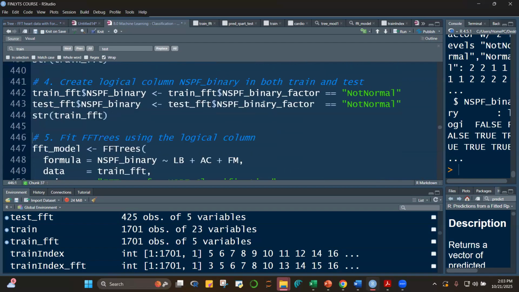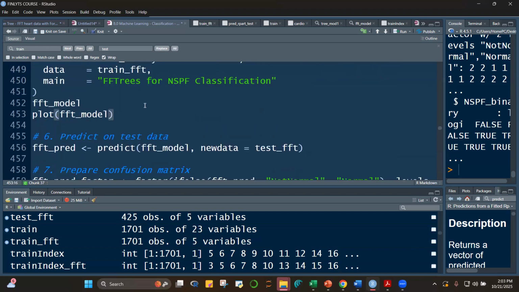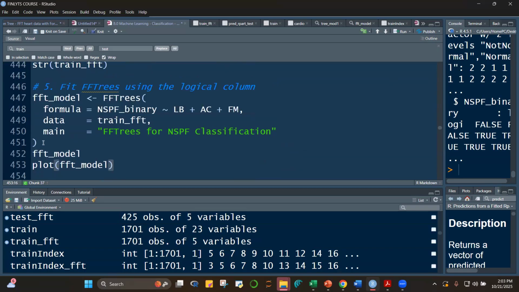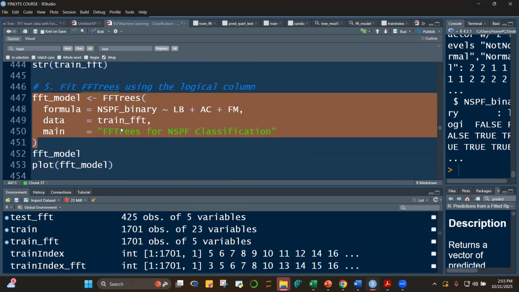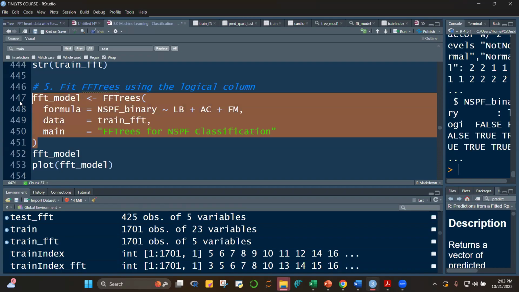All right, so let's go now to number 5 here. Let's check first our FFT model. Let's run this. FFT model using FFTrees, open parentheses, the formula is we're using now the NSPF binary. This is not a factor, this is logical, true or false. Then regressed on LB, AC, FM, data is equal to our train FFT. Then just give the model a name, FFTrees for NSPF classification. If you run this, Control Enter,